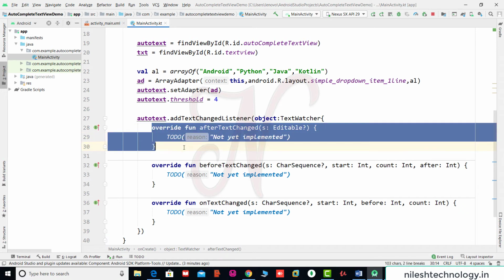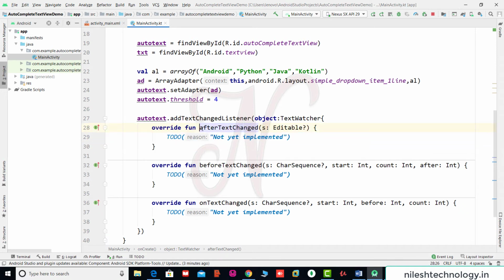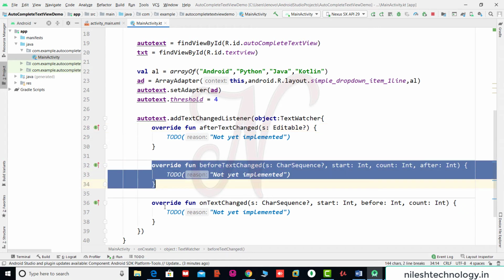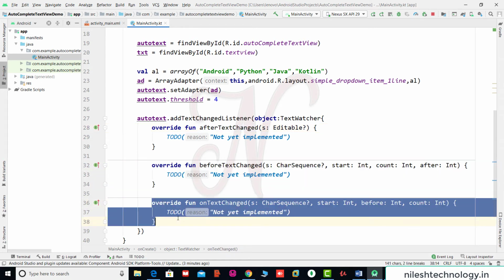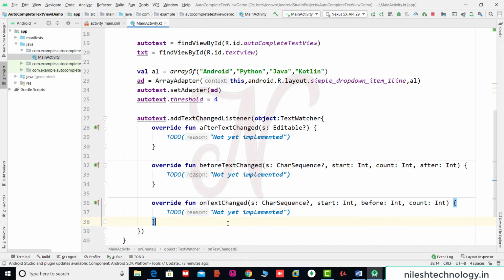So this method works after you type the text. This works before your text, and this works on text change. So here we use this method, on text change. So here we remove this to do function.